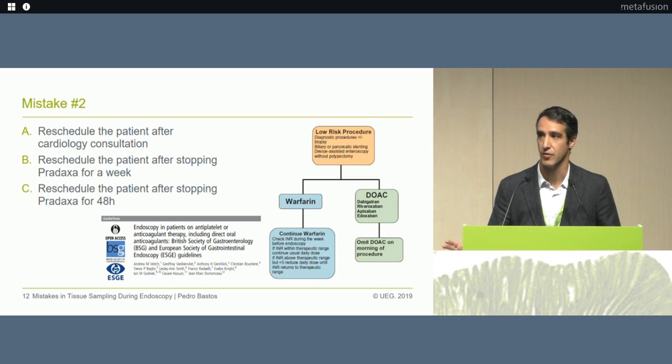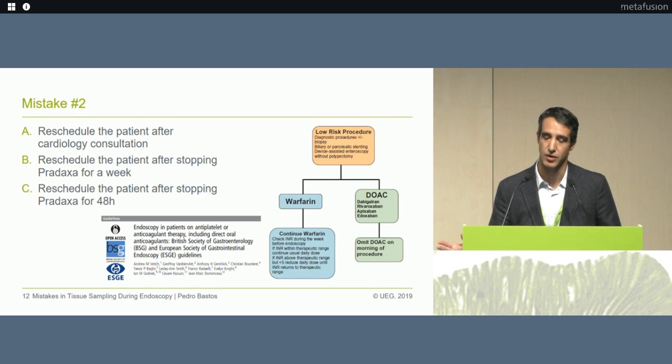And we know that for warfarin, for instance, we don't need to stop the anticoagulant. We just need to check INR to make sure it's not on supratherapeutic levels. But for these direct anticoagulants, the European Society tells us that they should be omitted on the day of the procedure. And this, I think, was to be on the safe side of the question, because it's kind of controversial,